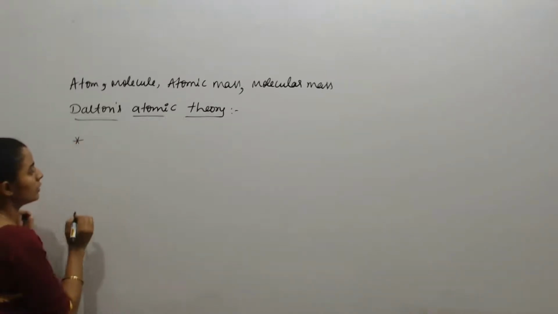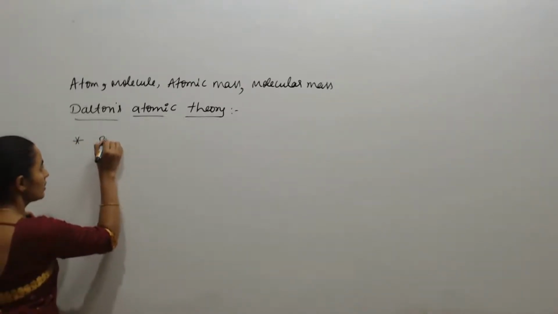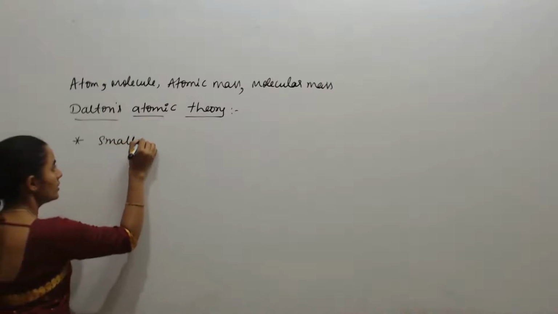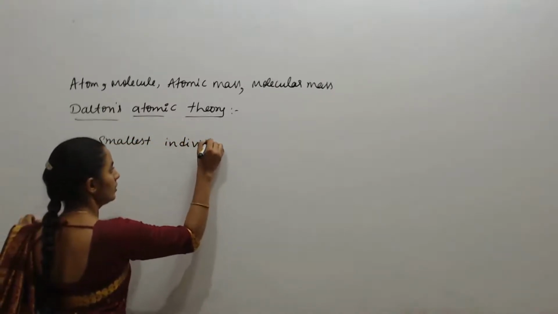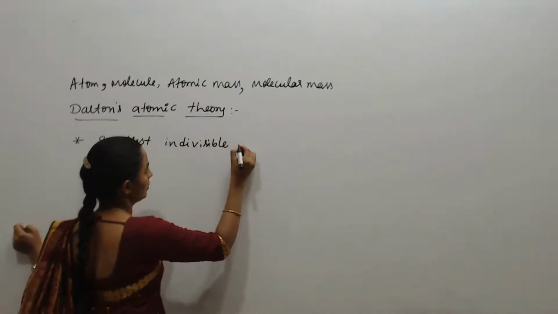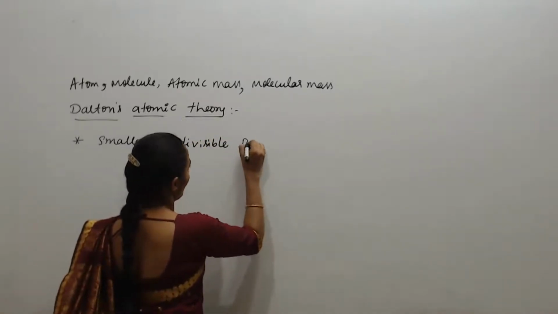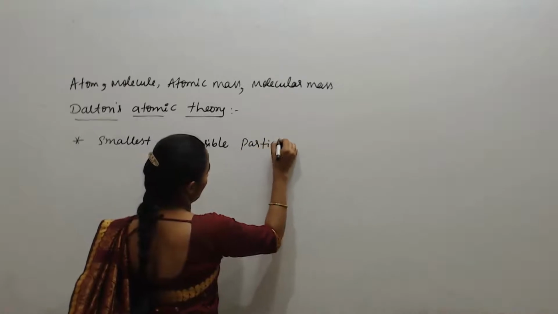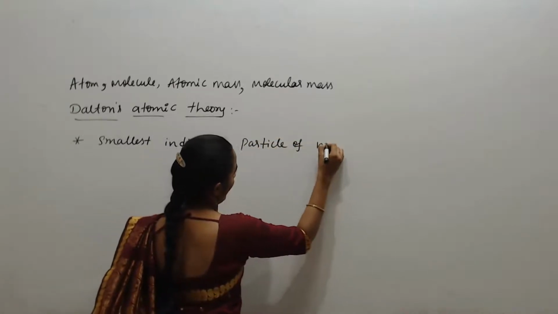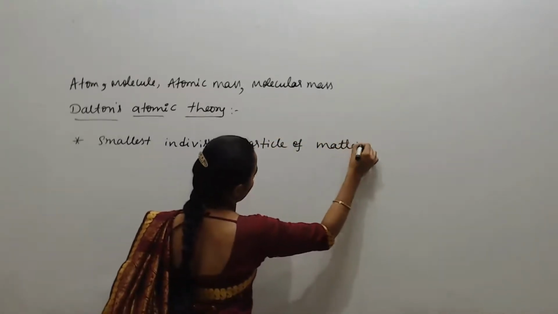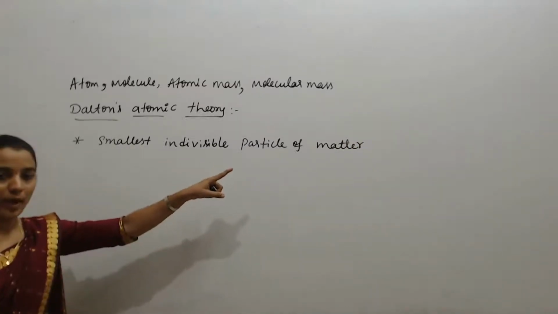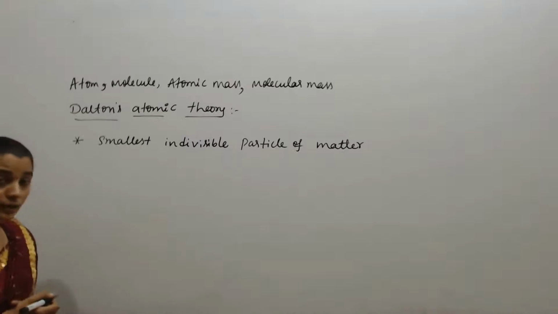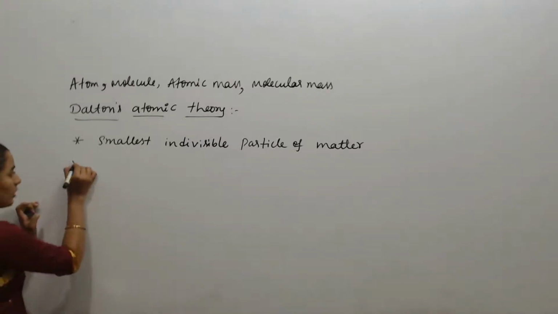What is atom means? Atom is the smallest indivisible particle of matter. Okay, smallest indivisible particle of matter is called as what? Atom. Okay, so this atom